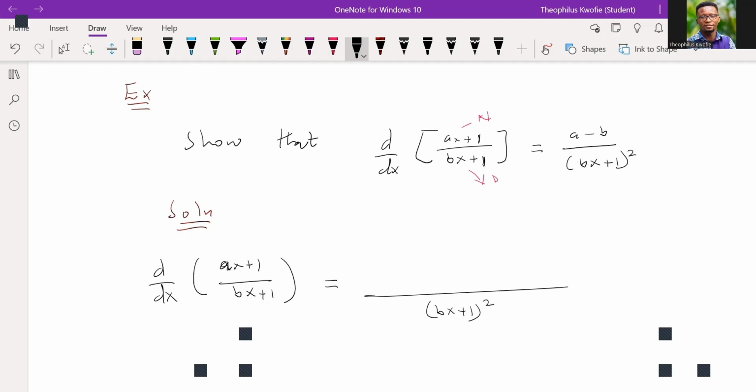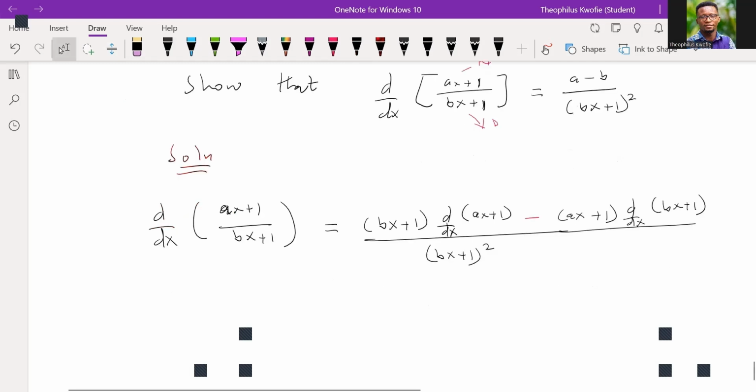Then we said we square it, okay? Then in the numerator, what we do is that we keep it first, then we differentiate the other function, which is what? Ax plus 1. Then since we are talking about quotient, what do we subtract, okay? Good. And then we keep the ax plus 1, then we differentiate the d, which is